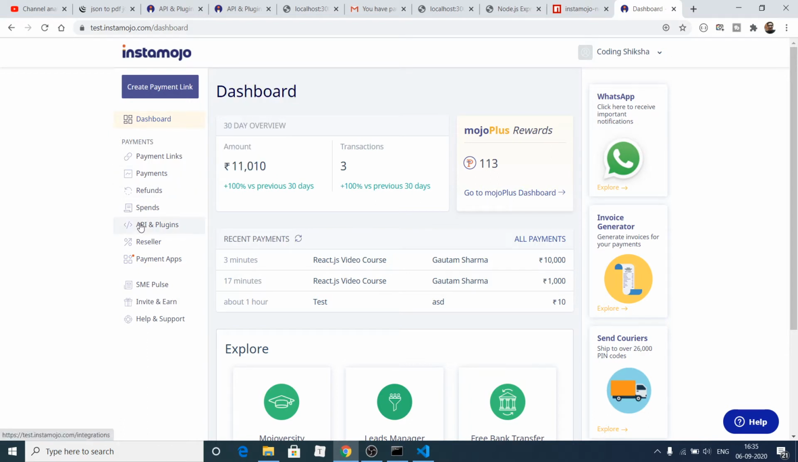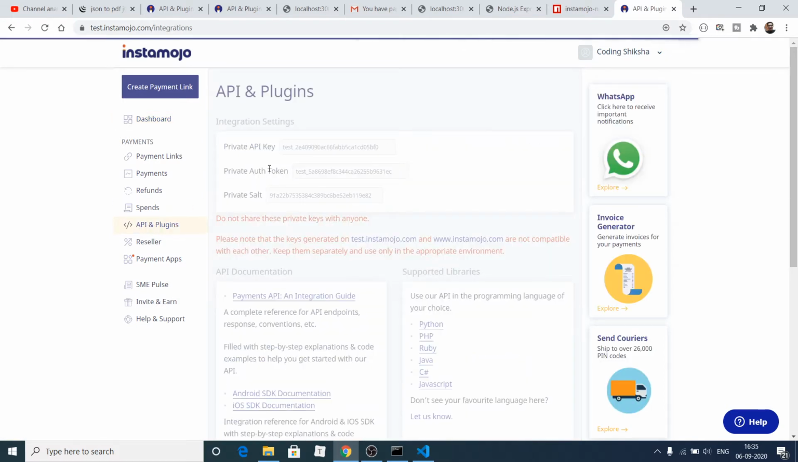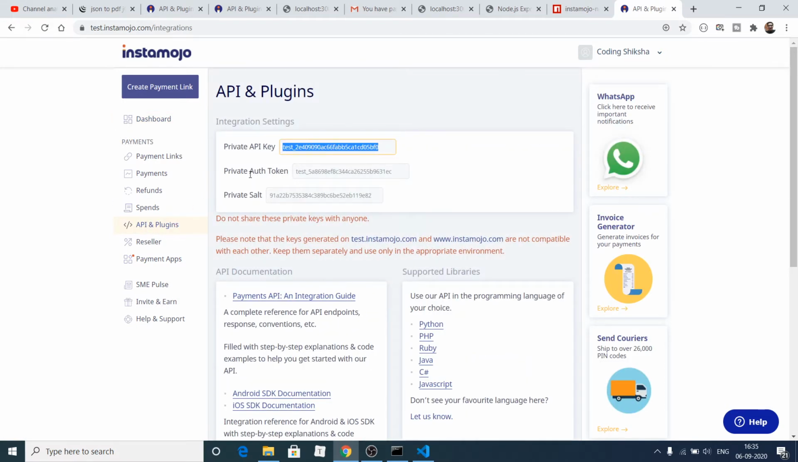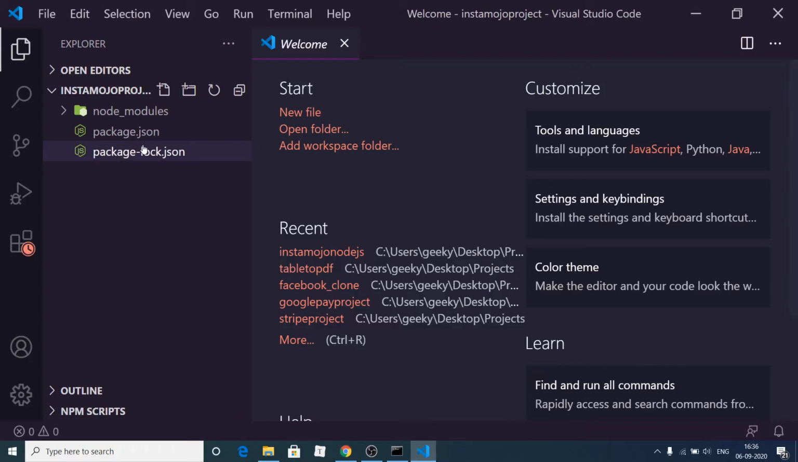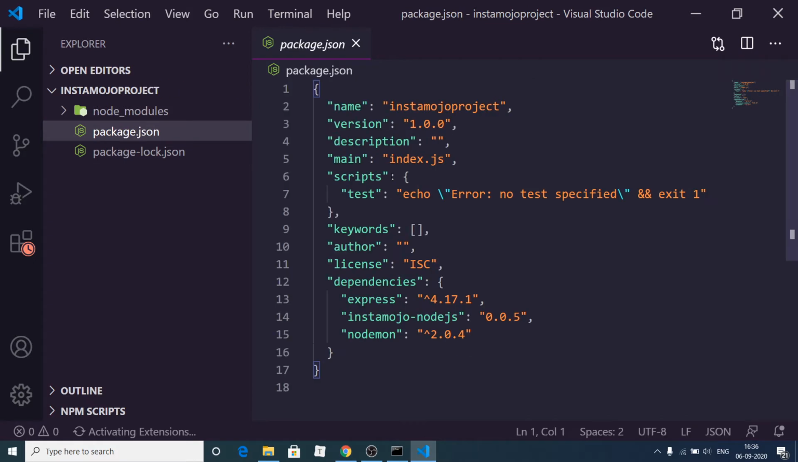In order to get your API keys, click on this section, API and plugins, and then you will see your private API key and private auth tokens. So these are the two things that we will need. Now if I open this, go to package.json, and the very first thing that we need to do is